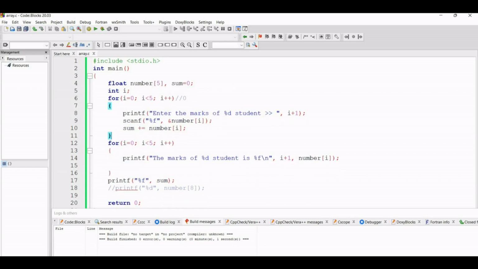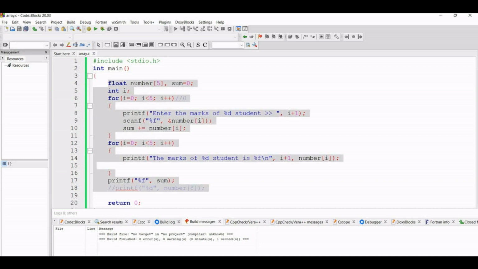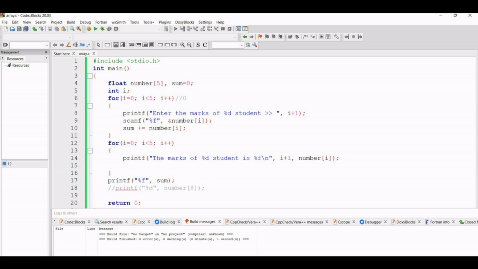Now I want to tell you about some disadvantages of the array. What is the disadvantage of an array? Suppose I stored 5 values inside this array. The array will be able to take a maximum of 5 values. Now if suddenly I tell you to store 100 values inside this array, what should you do? Nothing can be done, because I have written the program for 5 elements. If I give you 100, we can't modify this array at run time. This is one of the major drawbacks of the array.